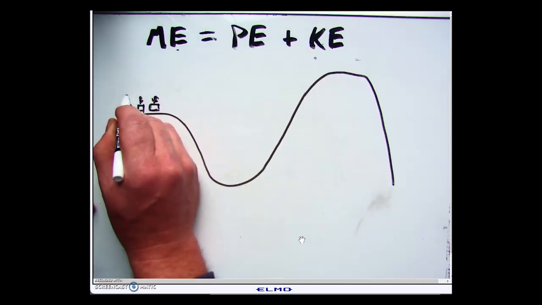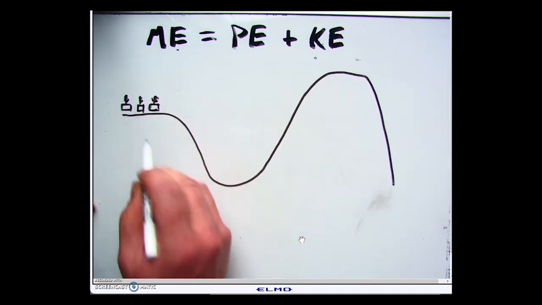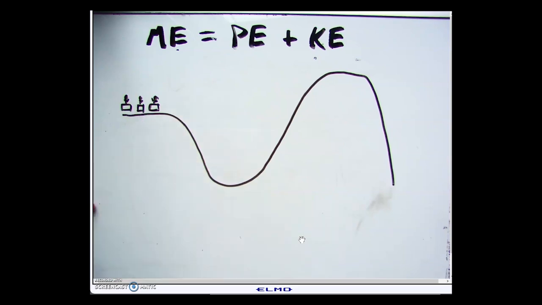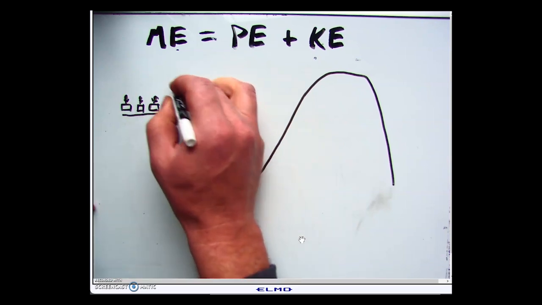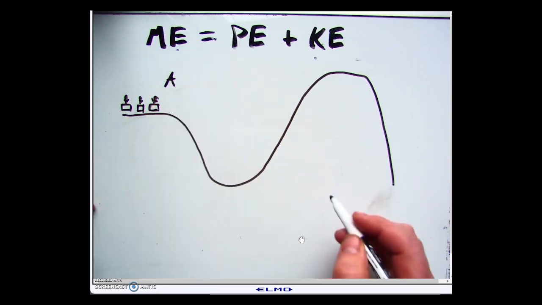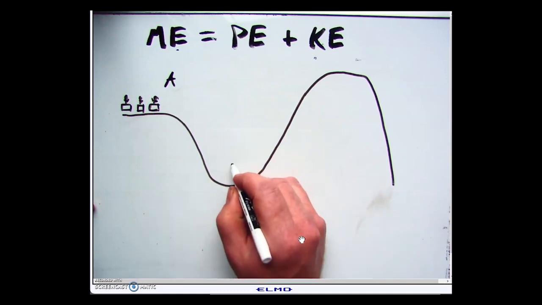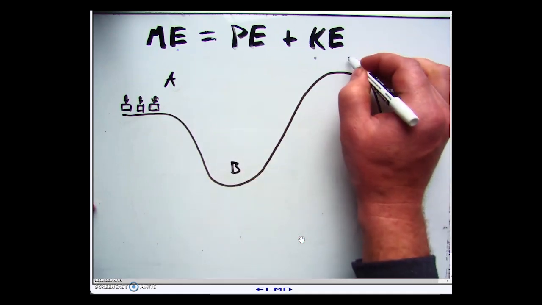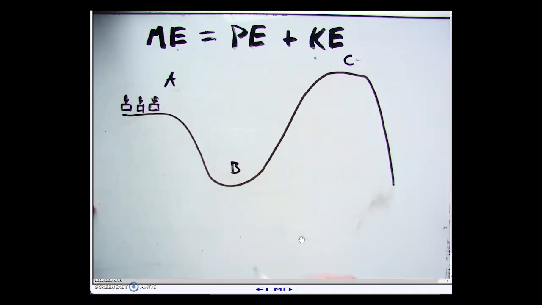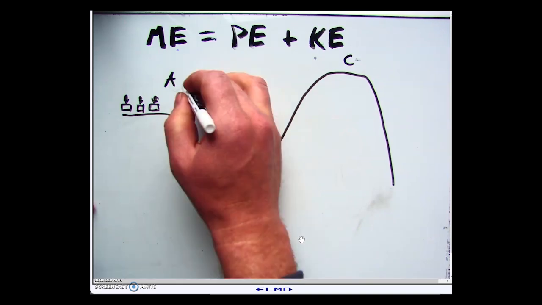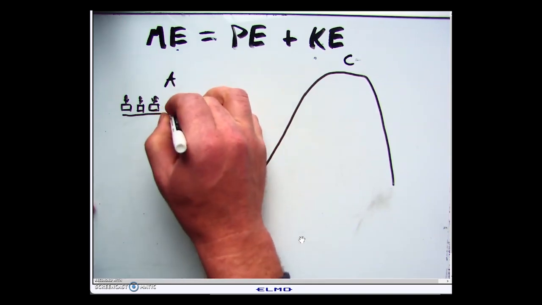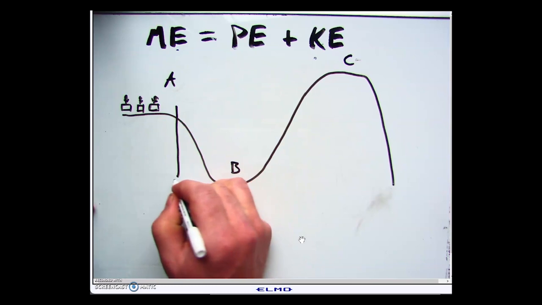So this is a social distancing roller coaster. They are 6 feet apart. So let's say we start our roller coaster here at point A, okay? And we want it to go down to point B and up to point C. What is the problem with this situation? A roller coaster is starting at point A with a certain height, right? And so we've got